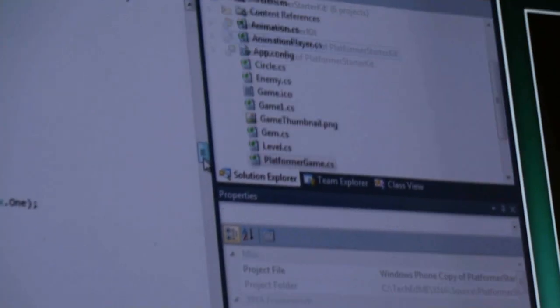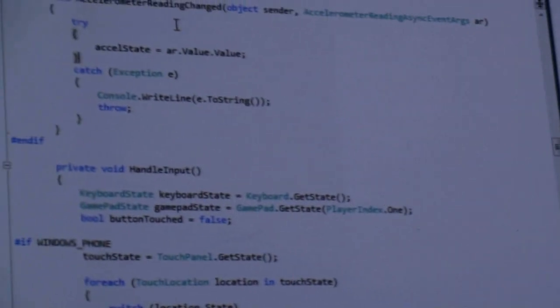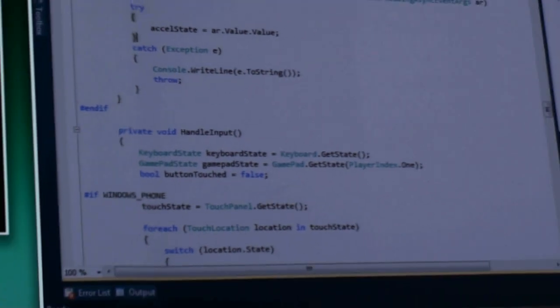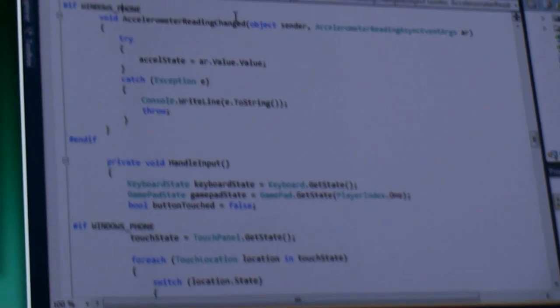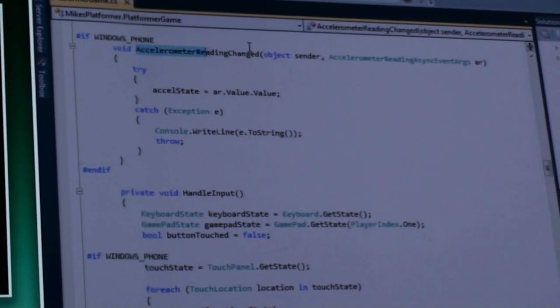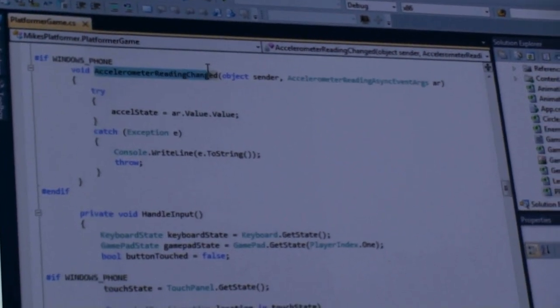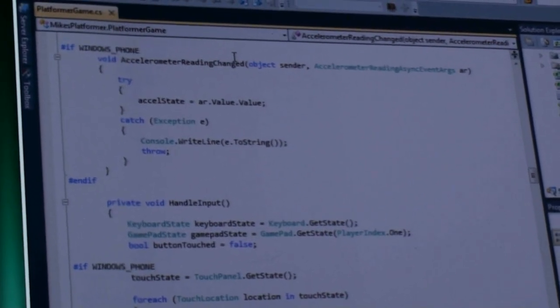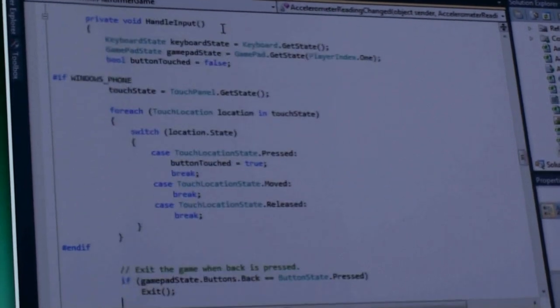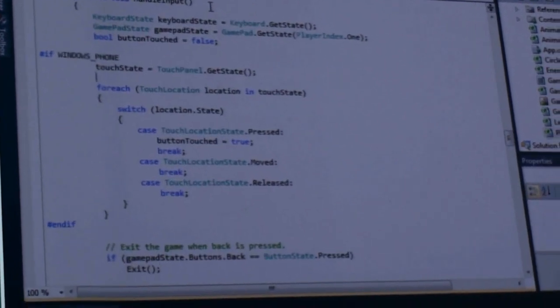And I wanted to show you, there's 90% of the code that's shared across the platforms, but we are able to take advantage of those specific features. So if you look here on the left, in one of my ifdefs, I've got the Windows Phone code, and you see I'm looking at the accelerometer changes here, right? I read this event asynchronously, and it sets the acceleration state. And then I've got the ability to enable my other special features.